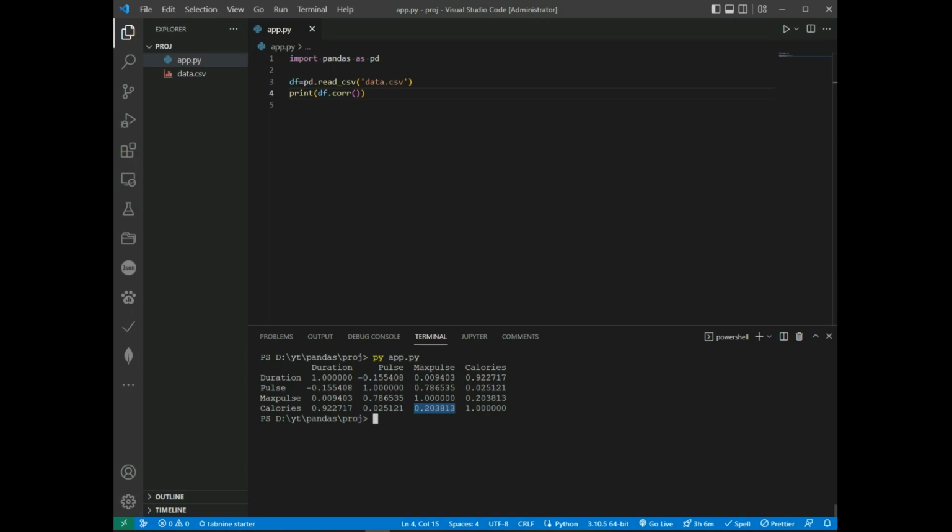Perfect correlation. We can see that duration and duration got the number 1, which makes sense. Each column always has a perfect relationship with itself. And good correlation: duration and